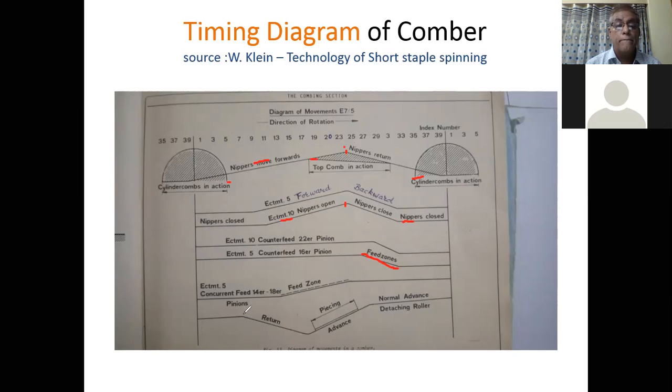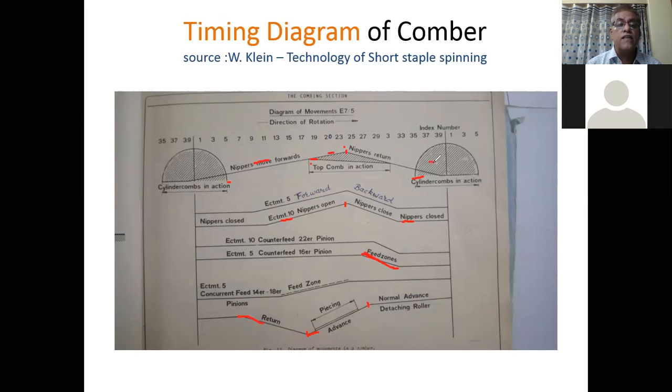At the same time, the detaching roller has returned the material, and then after this point, it will start moving forward. So all these actions are taking place simultaneously. When the material is moving forward, the top comb is combing the material. Okay, so when this operation is complete at this point, 26, at that same time, feeding will again start.